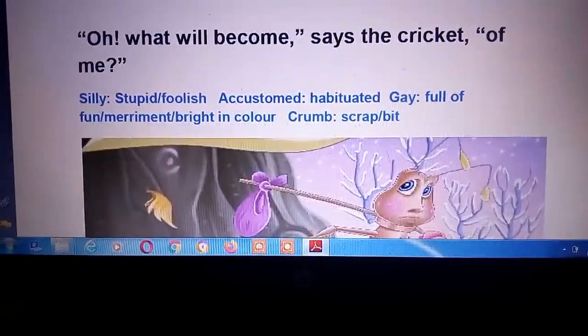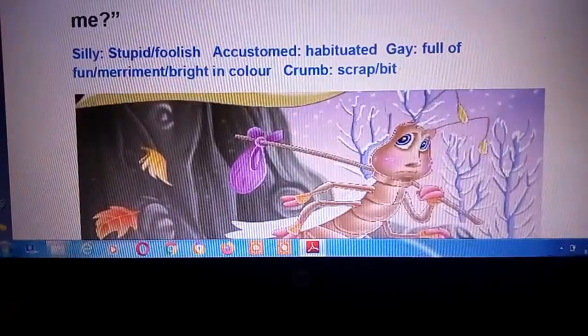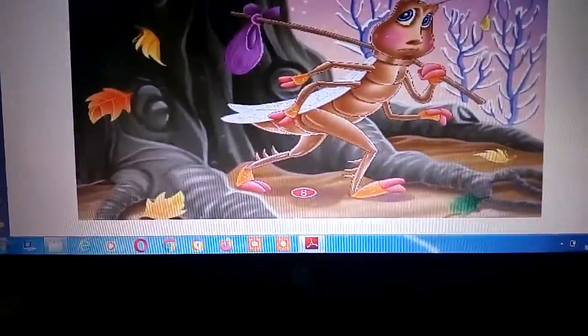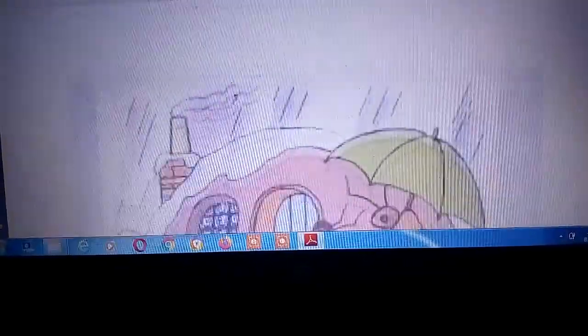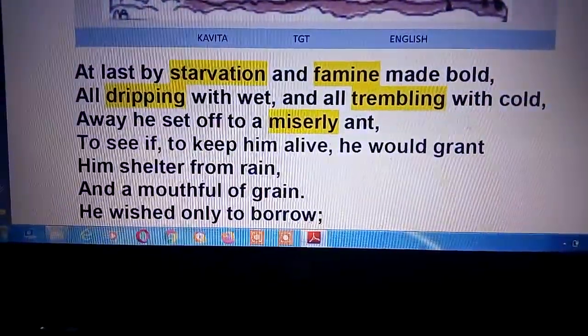I will die. There is nothing to eat, he means, that he will die and there is nothing for him to eat. So he makes a move according to the story. Let us continue with the next stanza. At last, by starvation and famine,